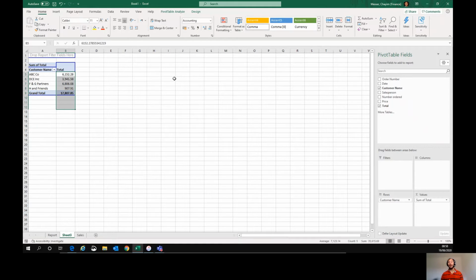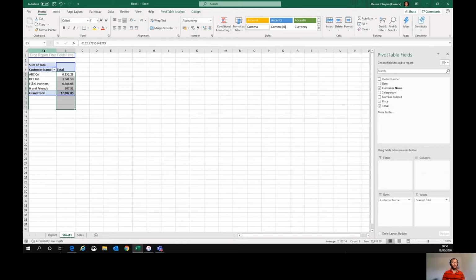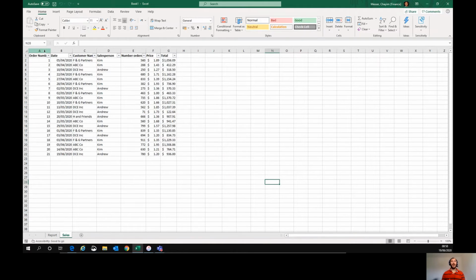Now, if I were to have sent this report out to the head of sales, or published this somewhere, very clearly we would see that that number is not right. The number we were expecting was $18,743.85. Now, this is where we start to think about how we can use Excel a little bit more powerfully, because to have to sit and create additional tables every single day or every portion of the day would be very cumbersome on a support function, and frankly would probably not be a very good use of that person's resources. So what we're going to do is delete our pivot table here, and we're going to use something